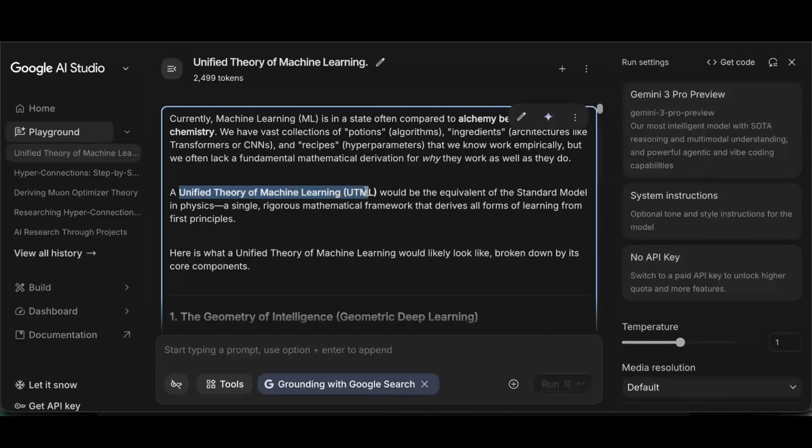Unified theory of machine learning. This would be a dream, a goal for the entire field of machine learning. Right now, machine learning is like alchemy, and what we need is chemistry. So we have potions, ingredients, recipes. Those are algorithms, architectures, hyperparameters. And we know them empirically through experimentation, but we lack fundamental mathematical derivation of why they work as well as